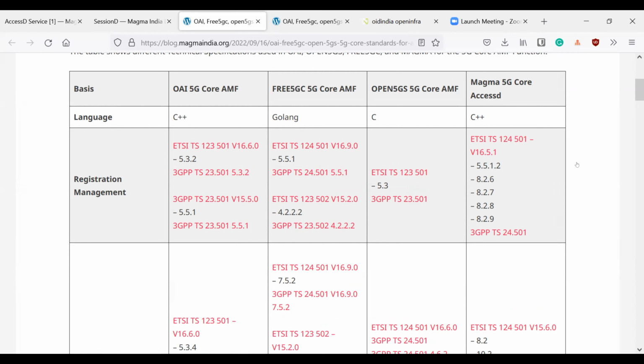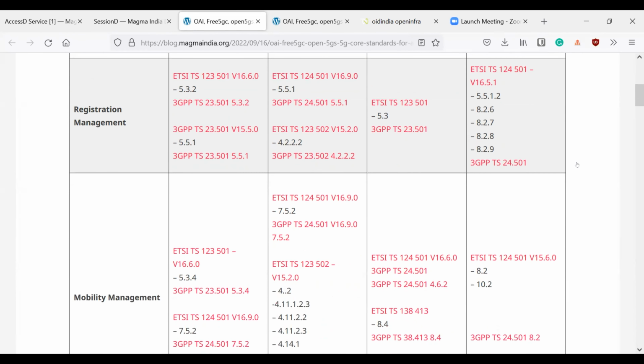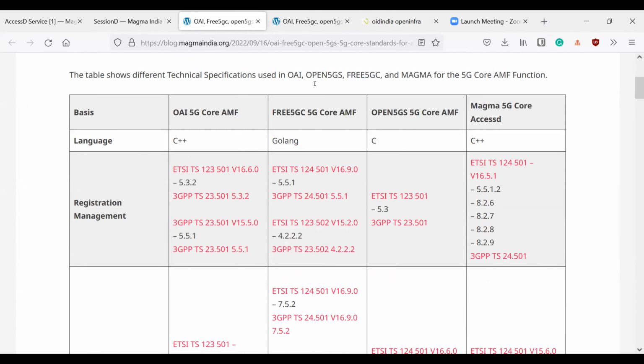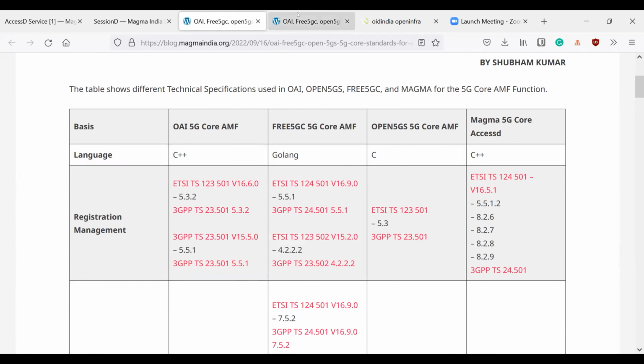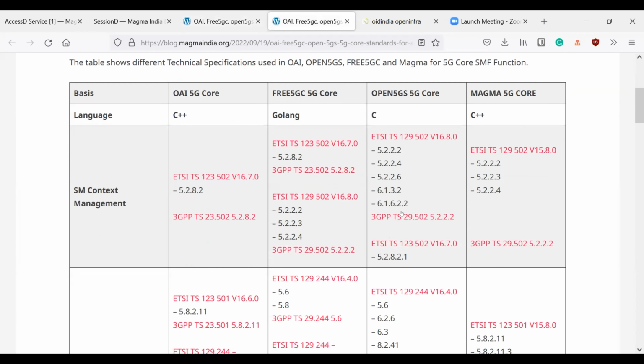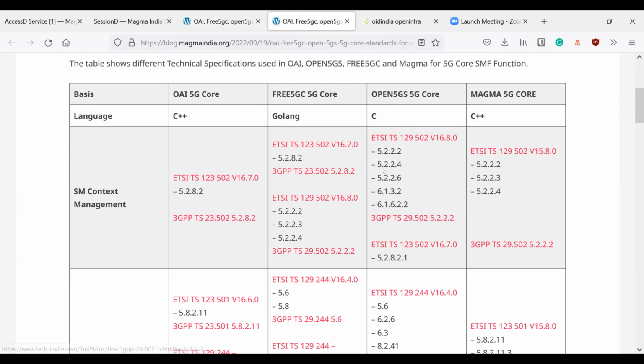So this kind of technical specification will help us in Magma, as well as in other open source communities, to understand what versions we are in and where we can upgrade. This is for the XSD, and the same way for the session D as well. These technical specifications are still left for the UPF, so we will update that as well.